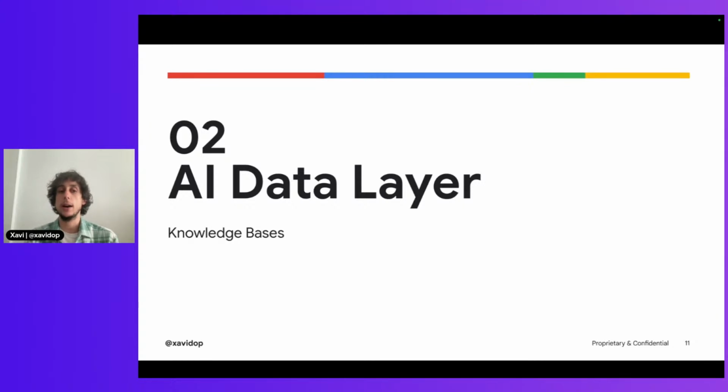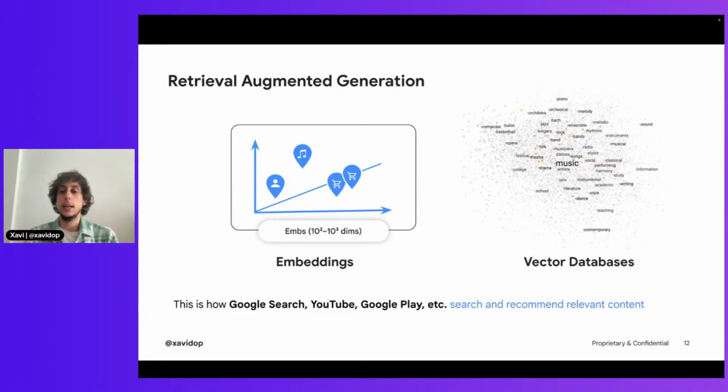So to solve this, we have the AI data layer. In the AI data layer, what we can find is basically what we call knowledge bases, and also what we call retrieval augmented generation. What we are gonna do in this layer is basically add to our large language models, when we are interacting with them, a better context based on some documents, websites, some information that is outside of the LLM. How are we gonna do that? Basically,